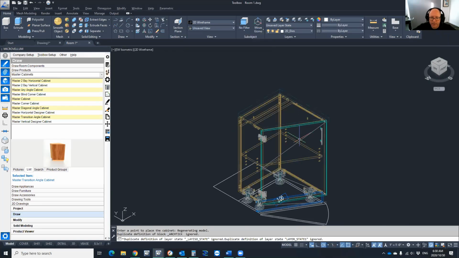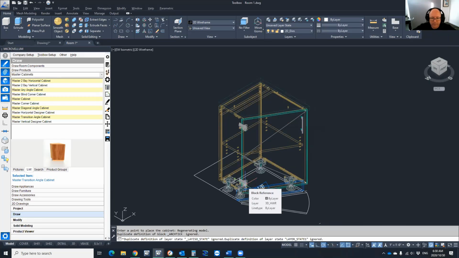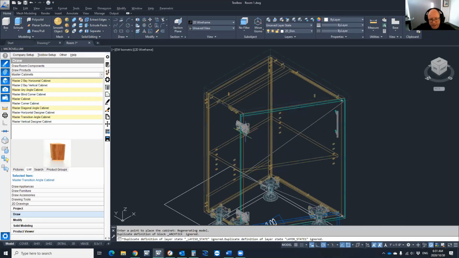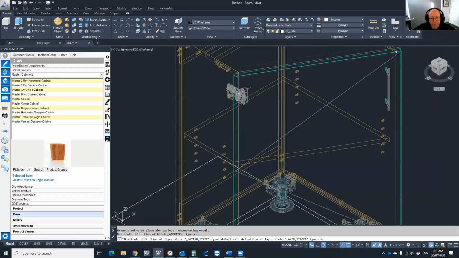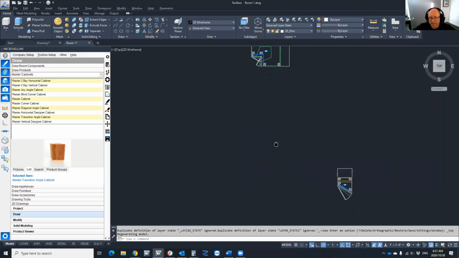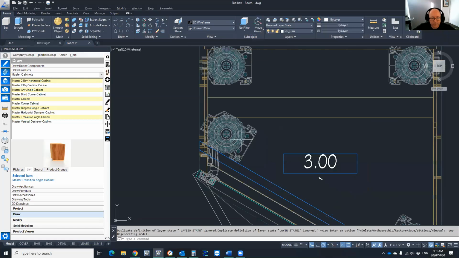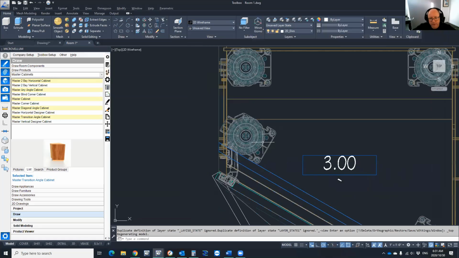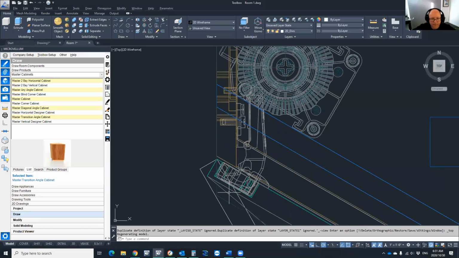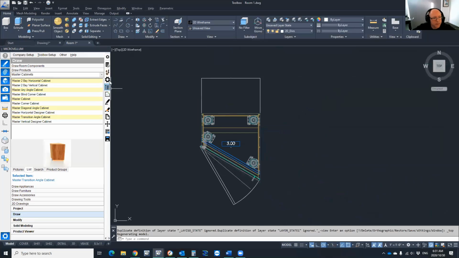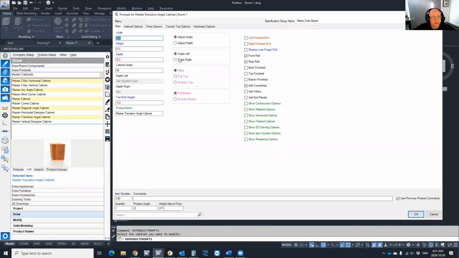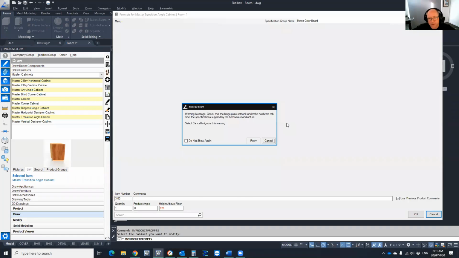Yeah, and here we go. So here's our transition cabinet, and as Lenny was saying, we've been doing quite a bit of work on our angled hinges as well. Just go to the top view here. You'll see we've got all our angled feet, but also our angled hinge there. If I come back in here, I can change it to a right. Now, if I went to a 15-degree angle,